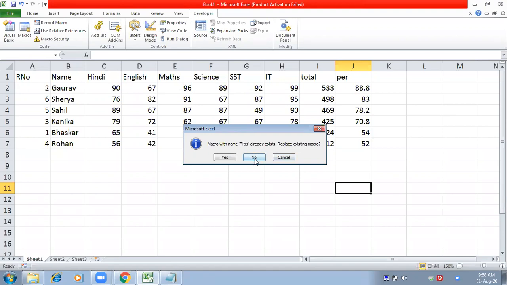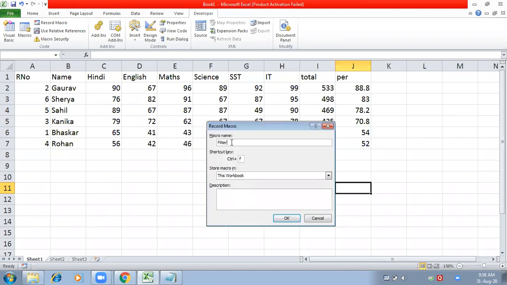No, I don't want to replace it, so I'll write filter123. I'll give this name, and the shortcut key will be Control plus F this time.